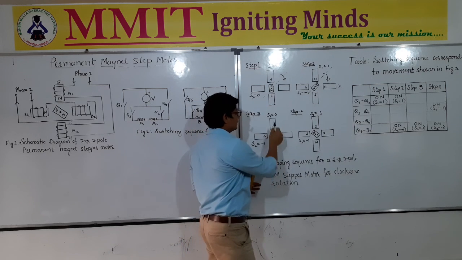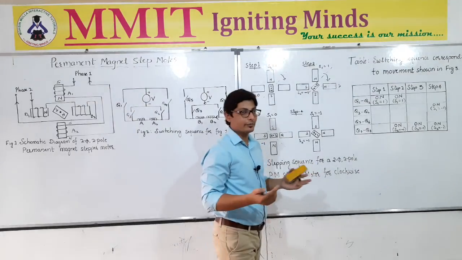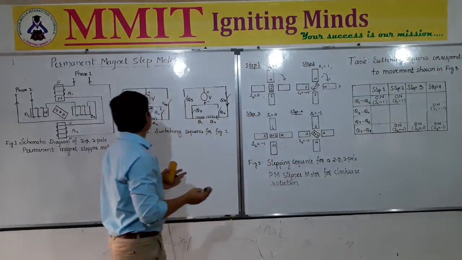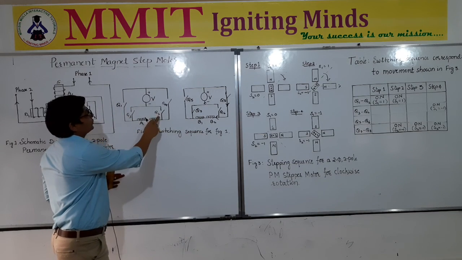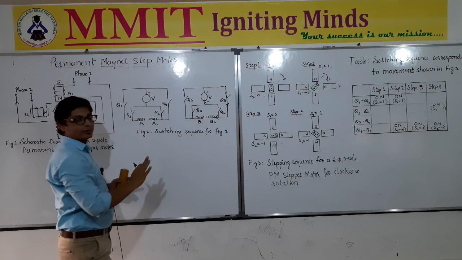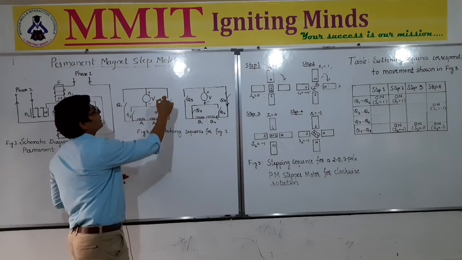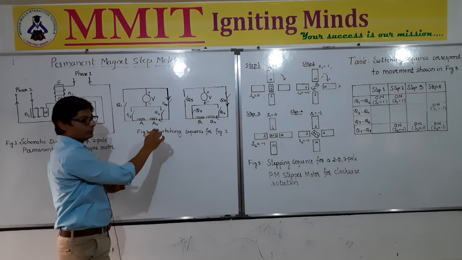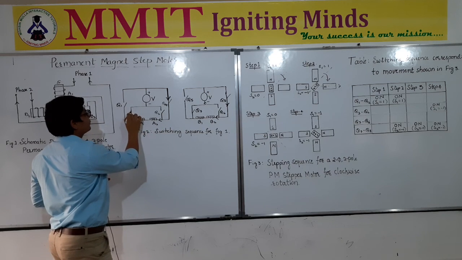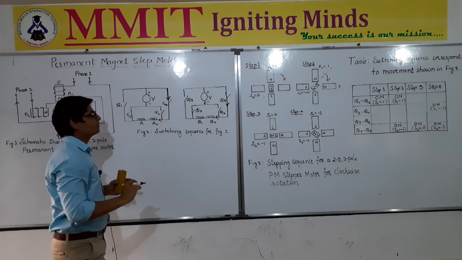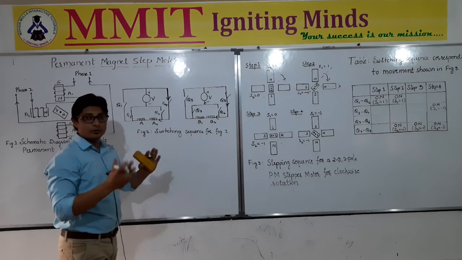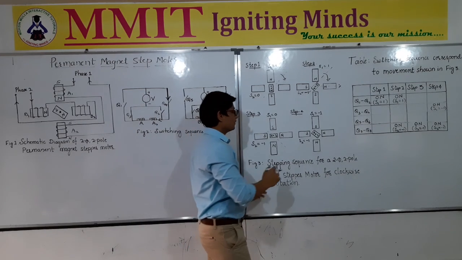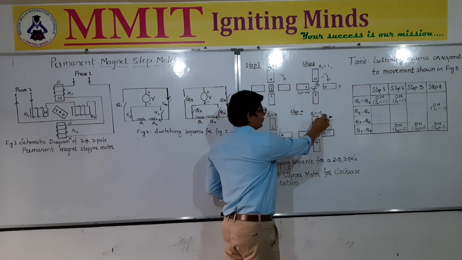So to make this north and this south, what do we have to do? Yes, we have to make S1 equal to -1. What will it do? Instead of Q1 and Q2, it will make Q3 and Q4 close. So when Q3 and Q4 are closed, what will happen? The current will start from here and it will first enter into A2, then it is going to enter A1, and through Q3 it is going to the negative terminal. Because of that, the direction of the poles will now be opposite to what it was in the first case. So therefore this is indicated here as S1 equal to -1.